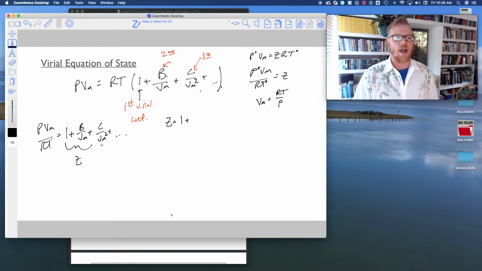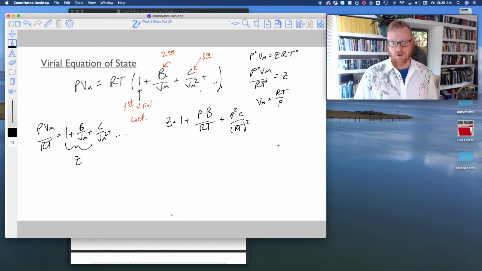So now instead of writing this as 1 plus B over Vm, I can actually write this as 1 plus P times B divided by RT. So I got that because 1 over Vm is P over RT, so P over RT times B. Okay? And then, of course, the next term is going to be plus P squared C